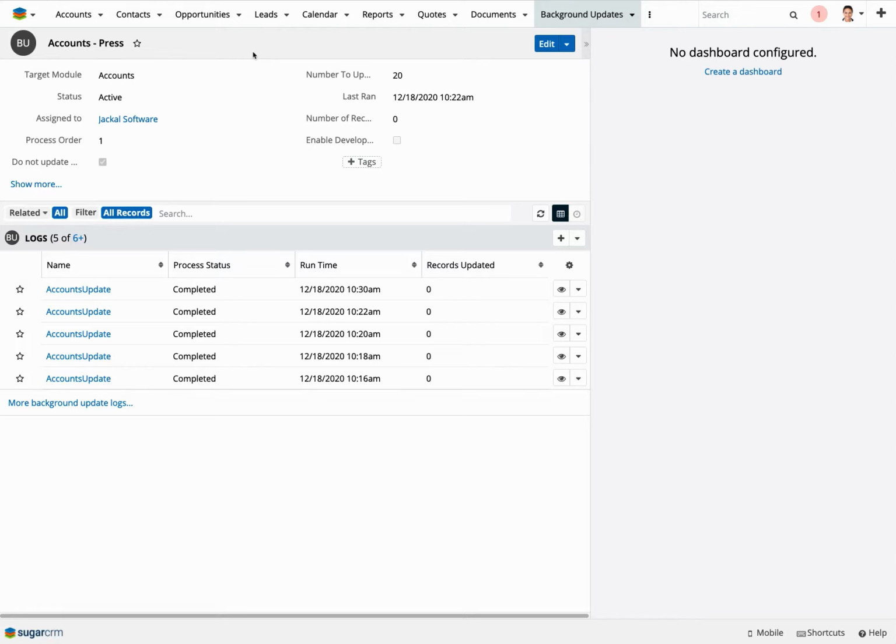As the processes run and records get updated, any logic hooks and Sugar logic get triggered. By default, we base that off of the date modified field, and when the record gets saved, the modified by also gets updated, typically to the admin user. So what we did is we added a checkbox to make it so those will not get updated, and we